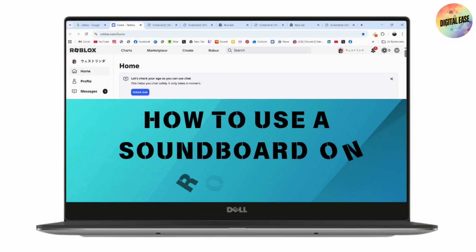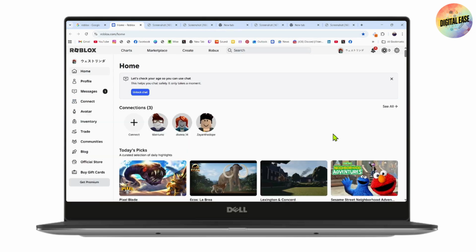How to use a soundboard on Roblox VC. So in this video, I'm going to show you how you can use a soundboard on Roblox VC mobile. So let's get started. At the moment, Roblox does not support soundboard apps on mobile devices the way it does